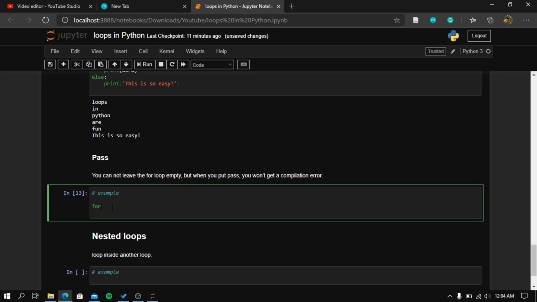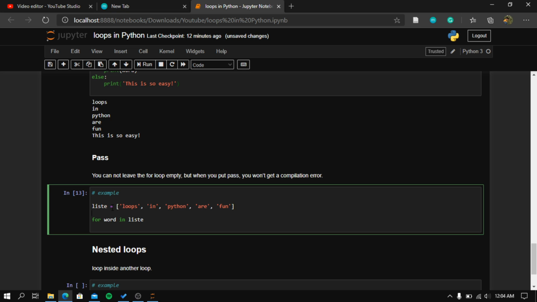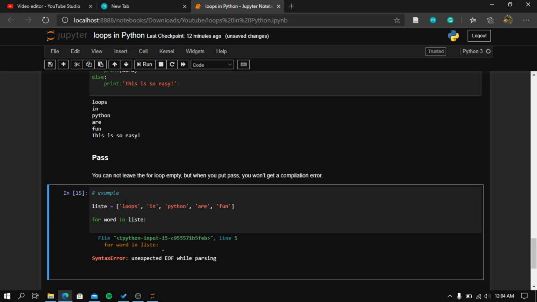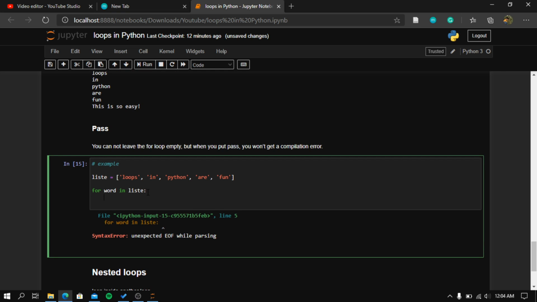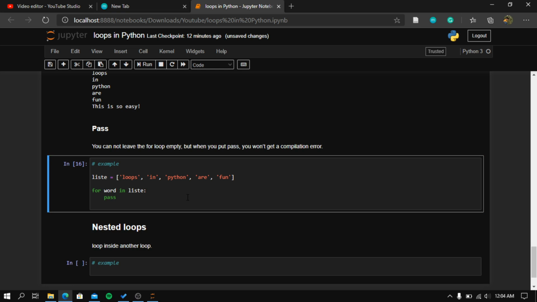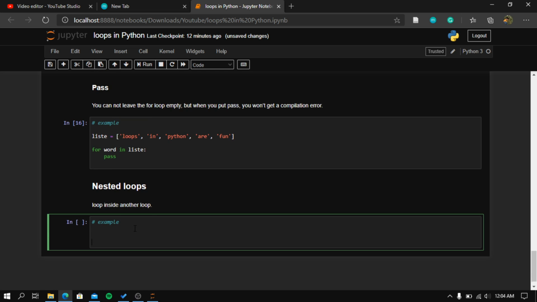So let's say for word in list, let's copy paste the list here just to see it, and then let's run this code. Great, we have here a syntax error. Right, we can fix this syntax error by writing pass. Now we don't have a syntax error. However, you have to notice that this for loop is not executed. Right, so let's go to the final